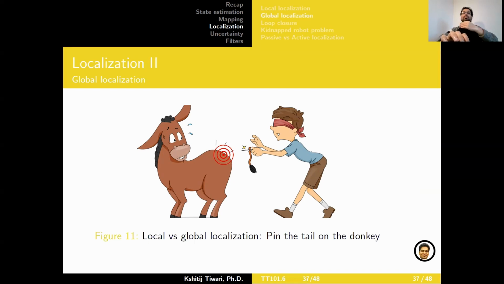So if you've observed where the donkey is and you know where you're starting from, you're just doing local localization. Even if you are blindfolded, you have a good understanding of where you're starting from with respect to the donkey, right? It's a local reference frame. You don't know your global GPS coordinates, but still it works, right? Because within that local frame of reference, you just want to see, okay,